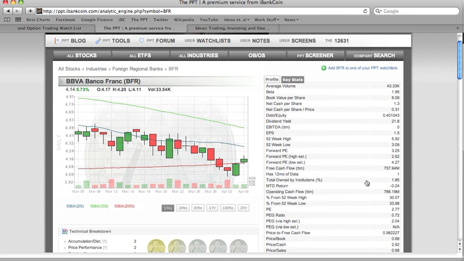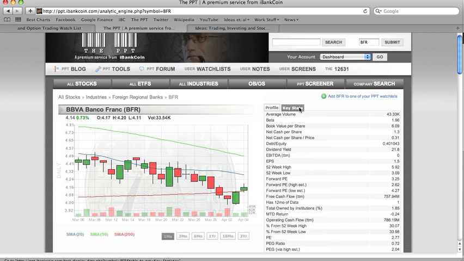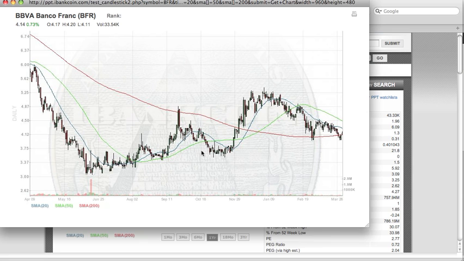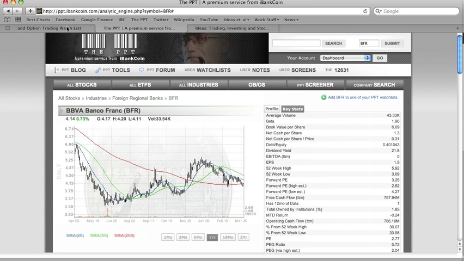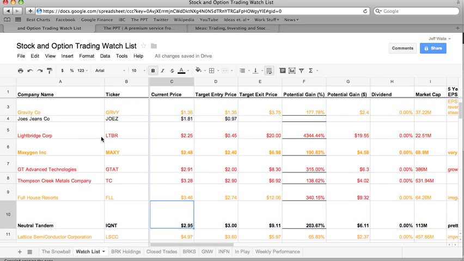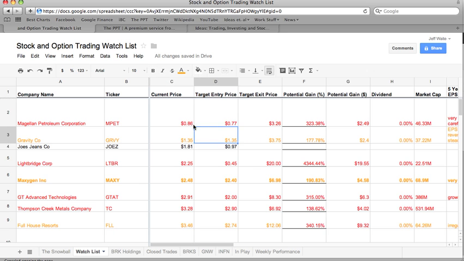But anyway, let's say, once I've identified an idea and I'm interested in it, and maybe I've done a little bit more technical analysis, then I will add it to the watch list, and I'll have identified a target price, and I'll have calculated a target exit price based on valuation and technicals. And then it's just getting in the habit of checking this watch list daily, and examining,